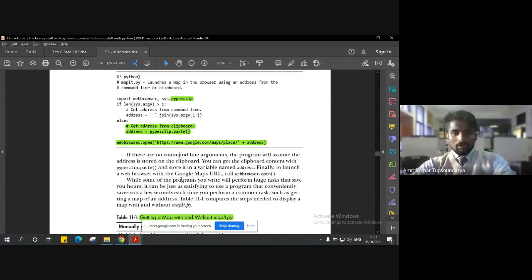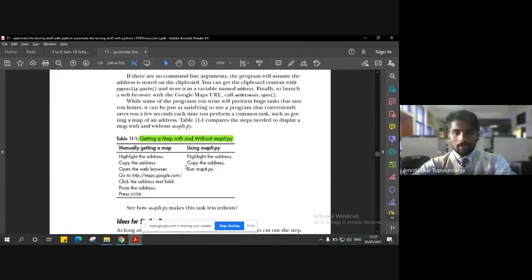Right. So why are we doing this? You can simply ask a question. So simply, I can go to the Google Map app and search for the location in that particular area and zoom in and pinpoint it. Right. So the overall task that this particular script helps us achieve is this: if you compare the manual approach to get to a location and this approach using the mapit script,